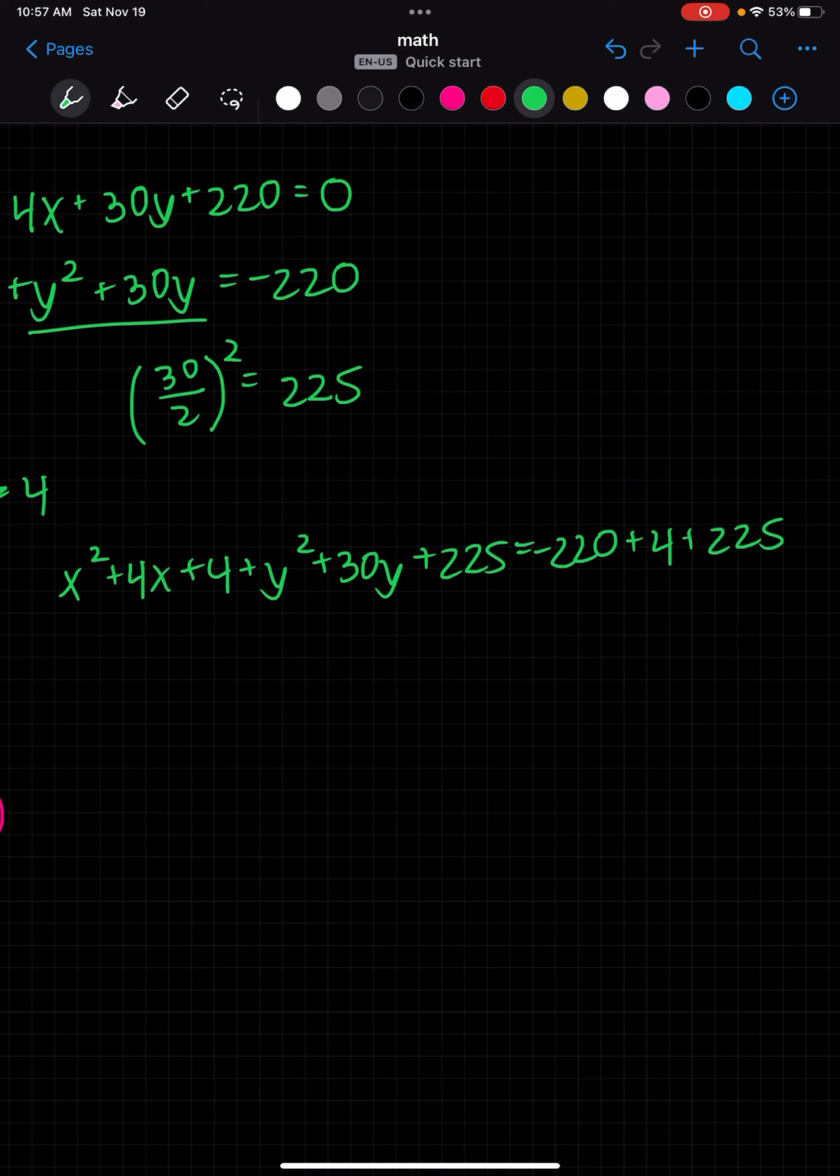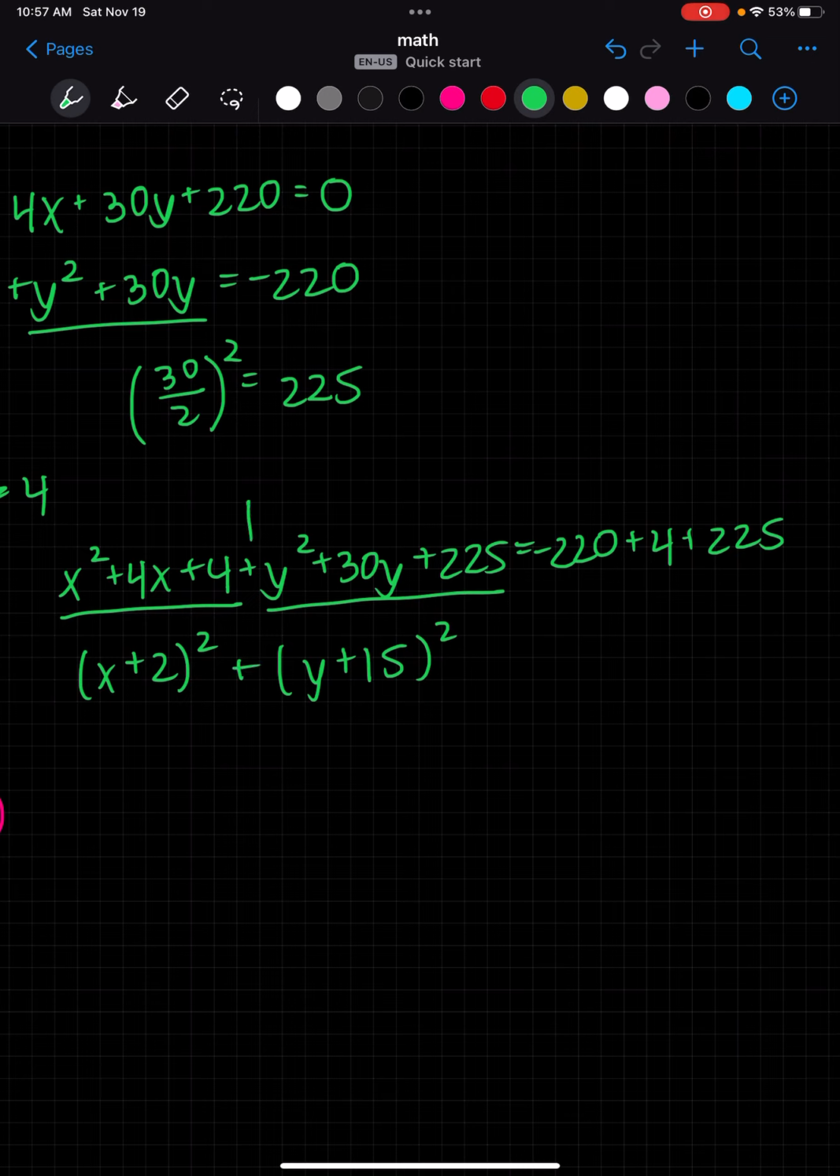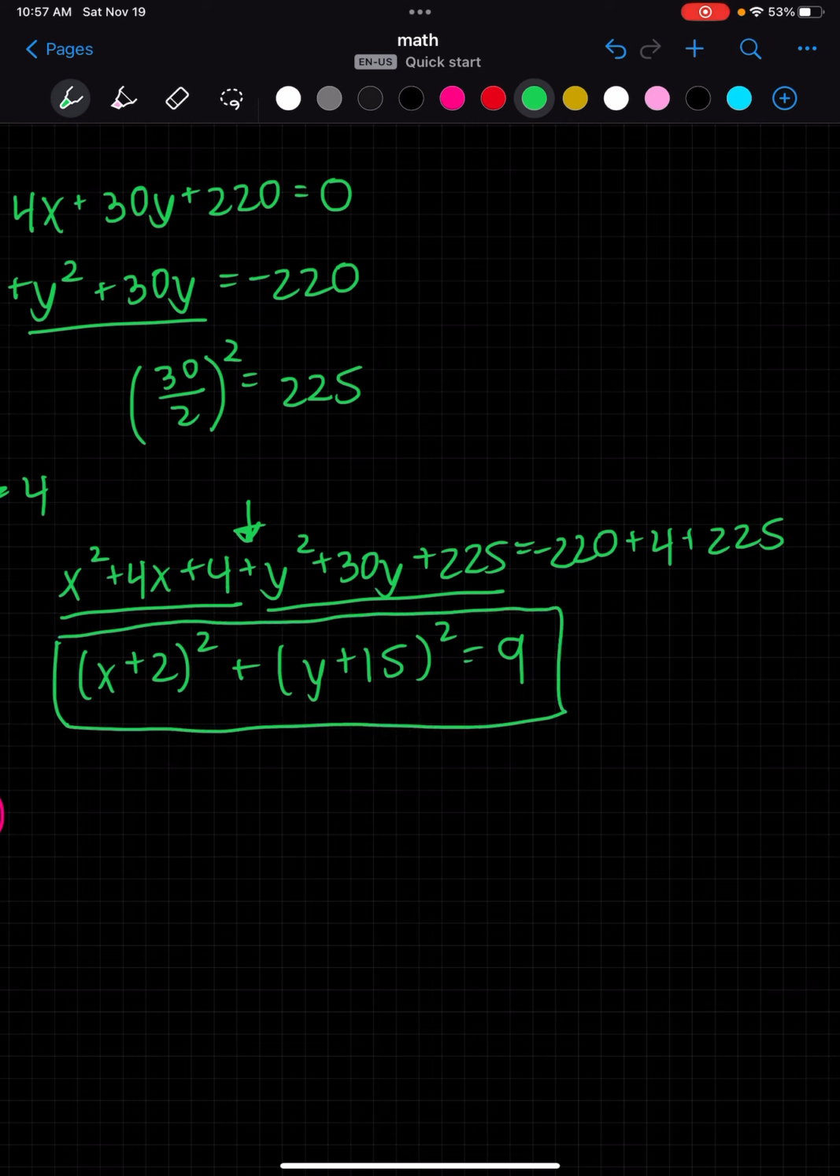So now this is a perfect square, this is a perfect square, so I can write them as x plus 2 squared, because I just divide by 2, and then y plus 15 squared. I can put a plus sign in the middle of them, mostly because there's a plus sign right here, equals, and then I add all of those together, and I get 9. From there, so that's your standard form, that's great. From there, I want you to also be able to find your center and your radius,